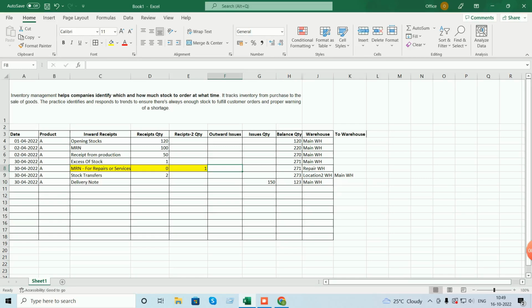Okay, now you see the stock has become 123. As long as I put this in the same row, the stock is showing including the repairs quantity. Now I don't want to include this, so what I did is I separated this quantity, and the formula continued. Now the formula would be